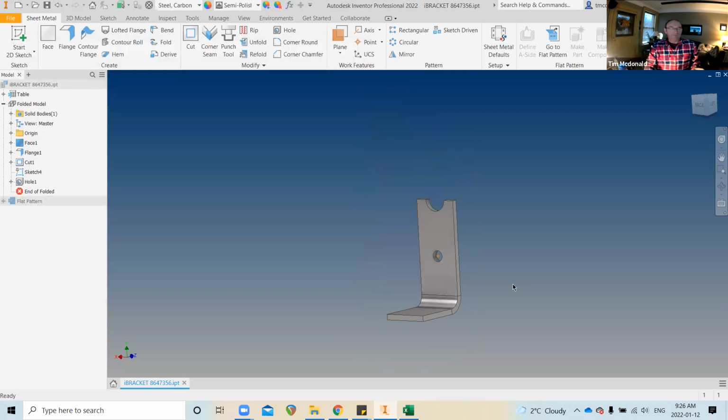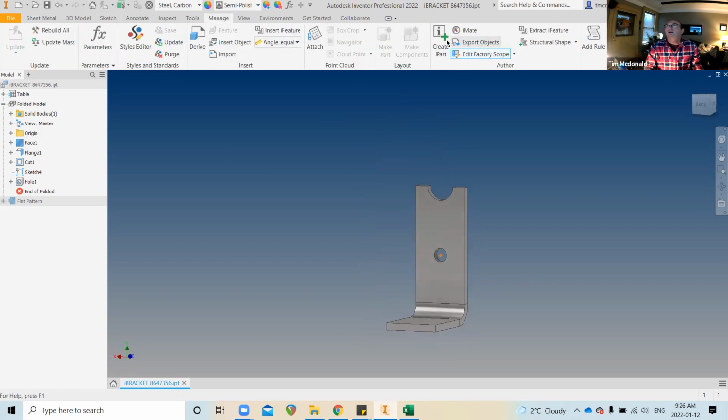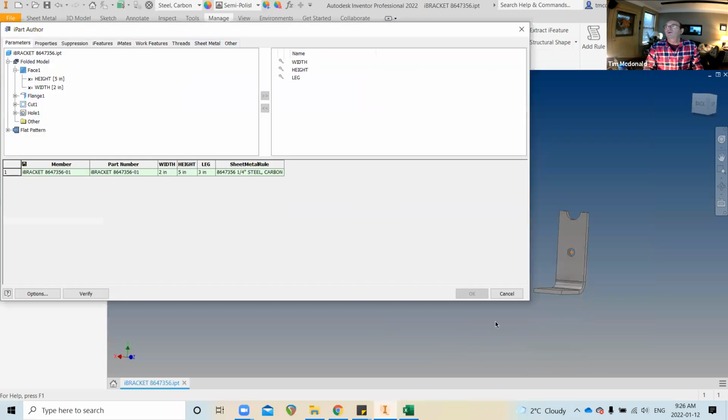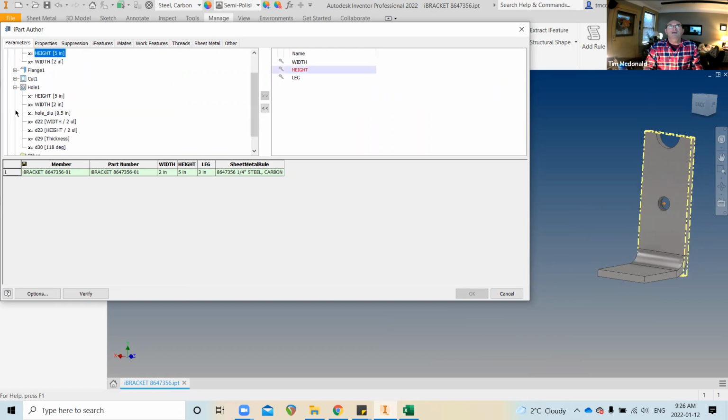Okay, so I have a bracket with an extra hole in it because I wanted to show you in our iParts. Let's go to the Manage tab and create the iPart. Now, that hole diameter is not added here. We could, let's move this over a little bit. We could add that hole diameter because it's now a feature that has parameters in it. And if we open it up,